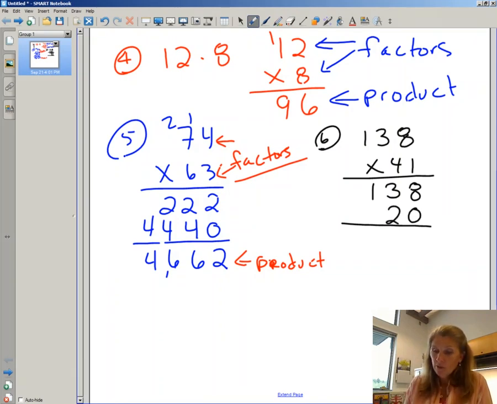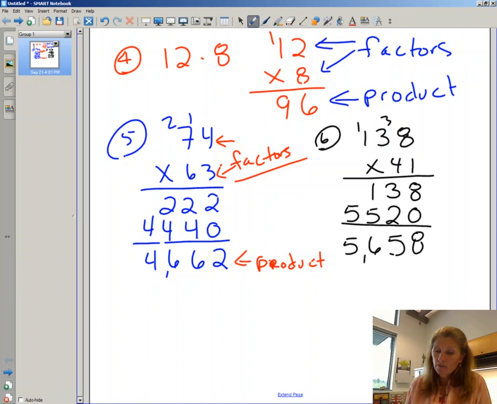I'm going to put the 2 and carry the 3. 3 times 4 is 12, plus 3 is 15. Carry the 1. And 4 times 1 is 4, plus 1 is 5. And then I add those up. 8, 5,